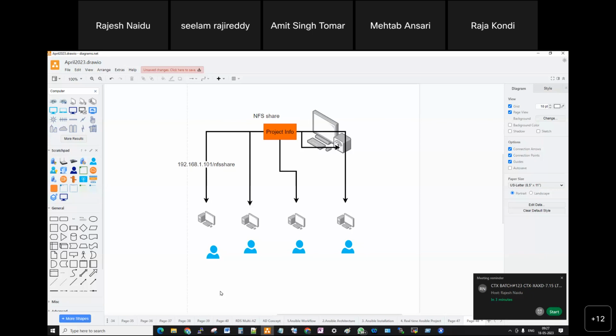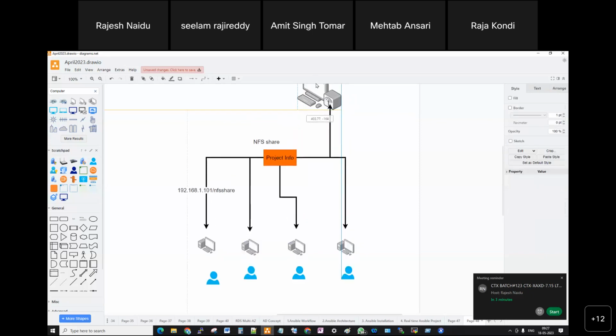You can keep any file, and it will be shareable for some persons while others are restricted. So NFS is a particular folder that is not public; it will be shareable for some users. Exactly, like this.